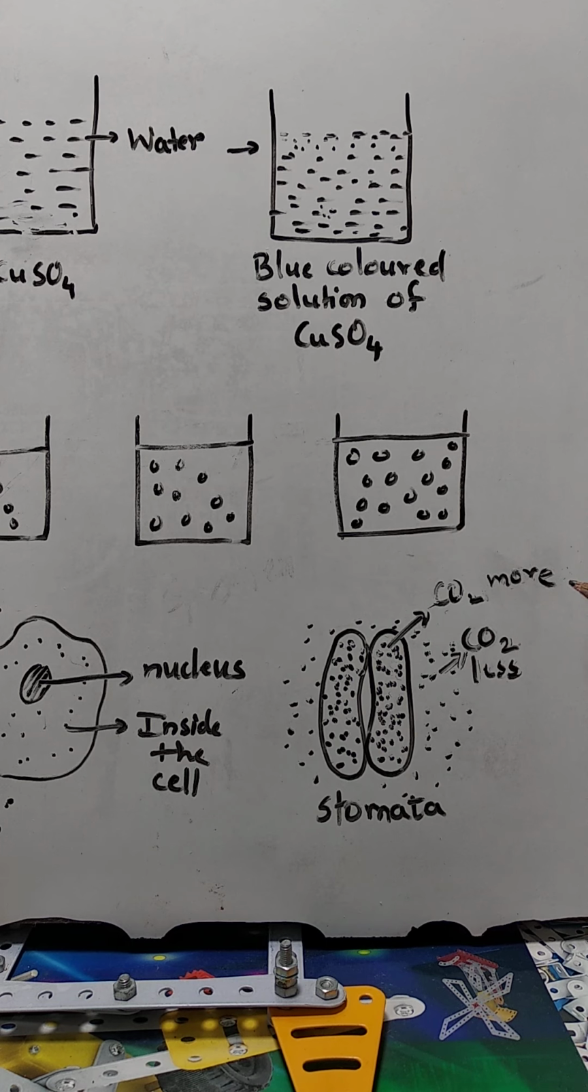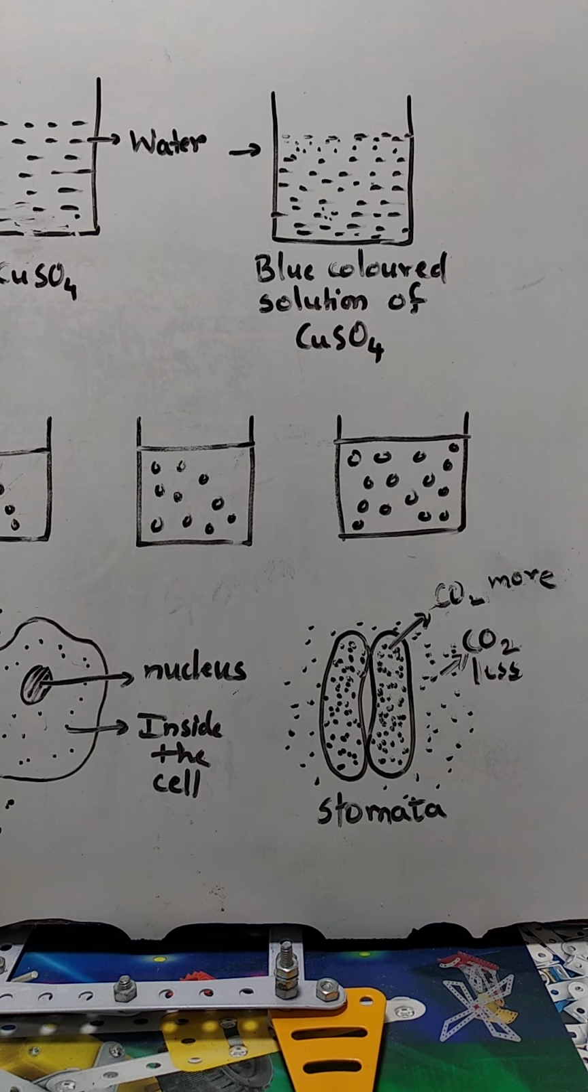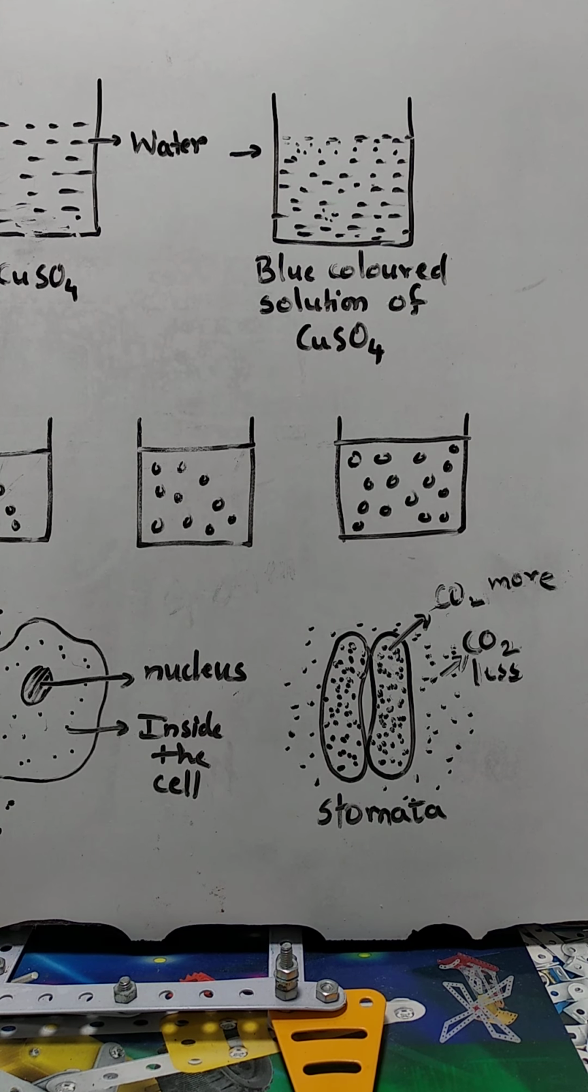So what is that process called? It is called respiration. So again, respiration is based on the process which is called diffusion, right? So in this case, diffusion of gases is taking place. Which gases? Carbon dioxide and oxygen. Similarly,